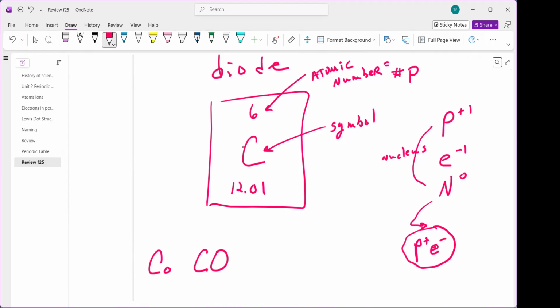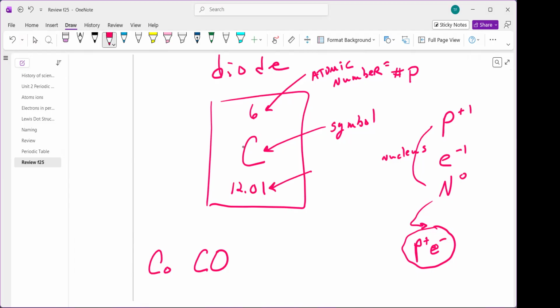Okay. All right, carbon, some of the older elements are 1 letter. And then later they had some problems, like calcium is Ca, cobalt is Co. So all of a sudden the C's are starting to come in. So that's why they came up with the second letter. But all the old elements, the elements that were discovered a long time ago, like thousands of years ago, only have 1 letter.